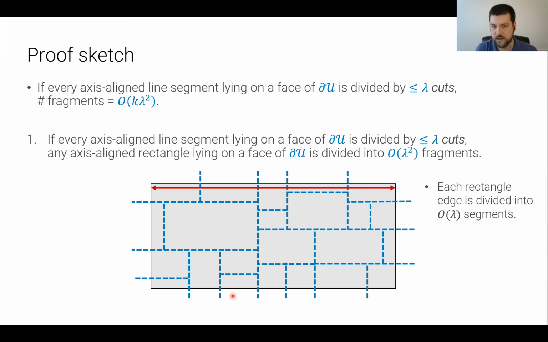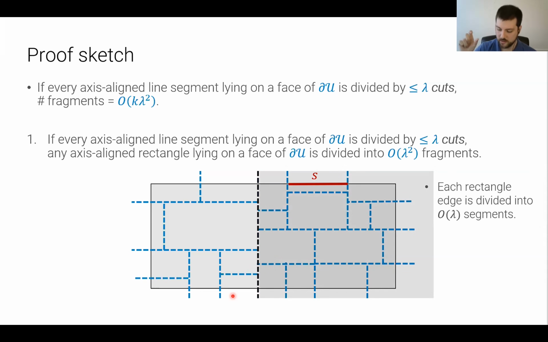In fact, it's at most lambda. And so let's consider one of these segments defined by these 2 vertices of the subdivision. At a high level, we're going to charge vertices of this subdivision to the segments on the outside. So if we look at the evolution of the subdivision leading to that segment S, which will highlight these edges in black, as the algorithm, as these cuts are being made,